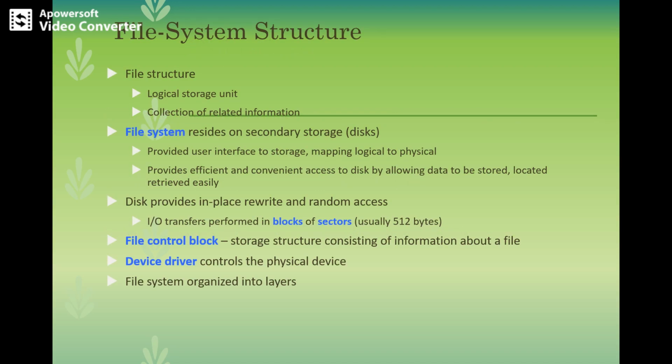First, about the file system structure. As you know, what exactly is a file structure? The file system resides permanently on secondary storage device, and it is used to hold lots of important information. These information must be stored permanently. That's why we are having the file system which resides permanently in the secondary storage. And this file system is mounted and maintained by the secondary storage.